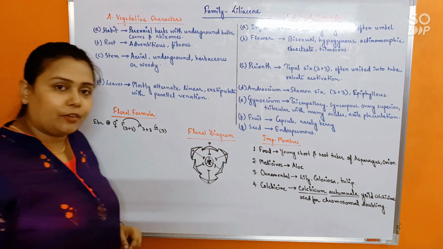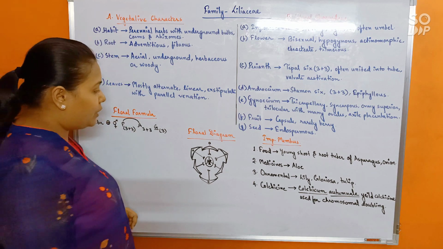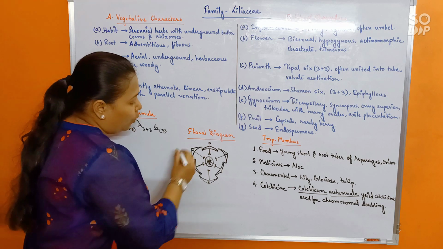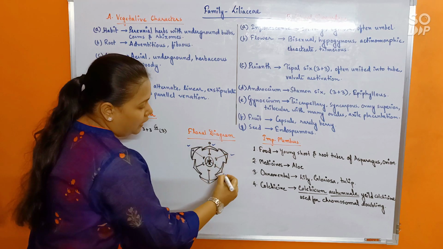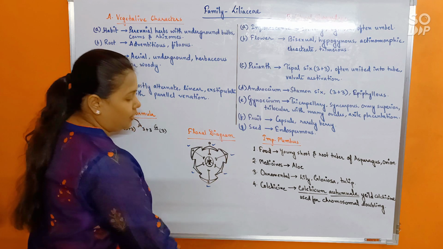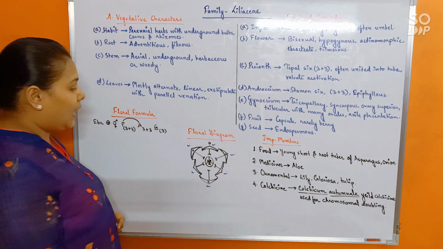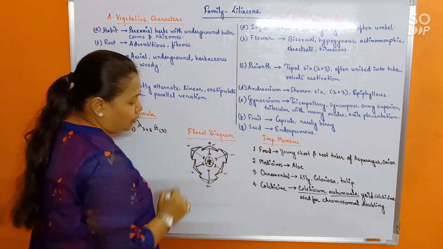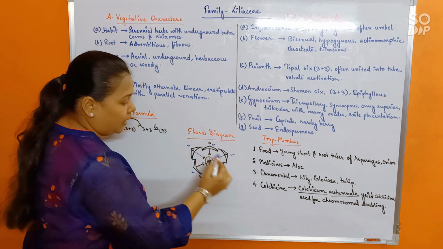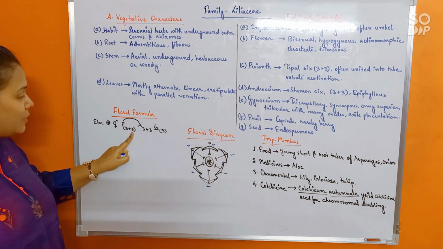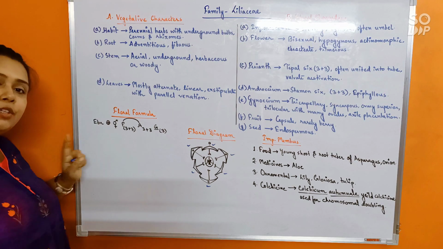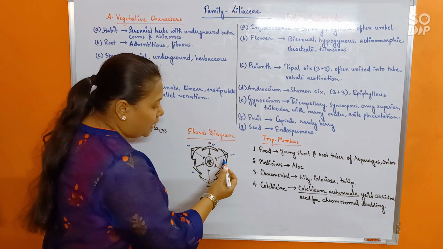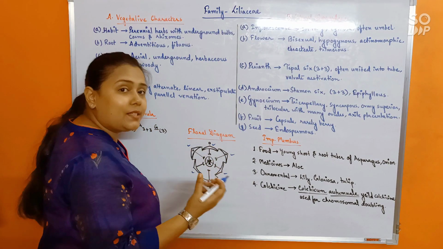Now for the floral diagram. The floral diagram here is going to be like this. See, there are 6 sepals: 1, 2, 3, 4, 5 and 6. The 6 sepals are arranged in 2 separate whorls, 3 towards inside, 3 towards outside. But they are of course fused to one another, right? That's why 3 plus 3 but under bracket. Understood that?